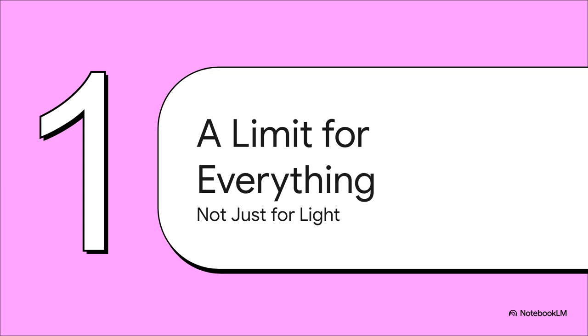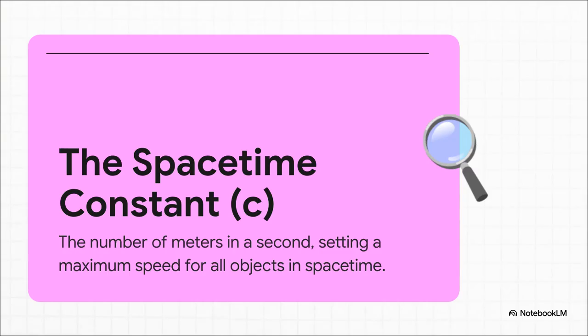We need to stop thinking about light as being just about light. It's way, way bigger than that. See, c is really what we should call the space-time constant. It's this fundamental property that's literally woven into the fabric of the universe. It's the top speed for everything, not just light. We're talking matter, energy, any kind of information. It's the ultimate speed limit on reality itself.